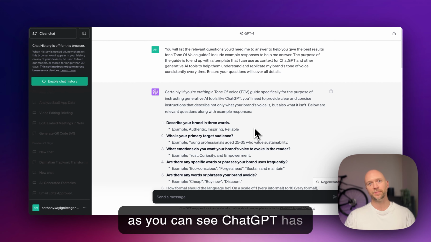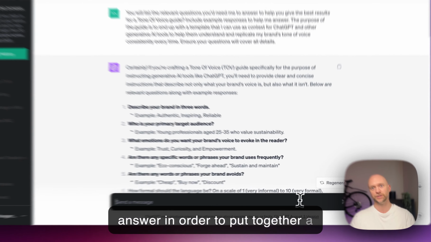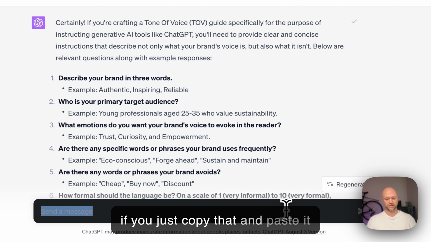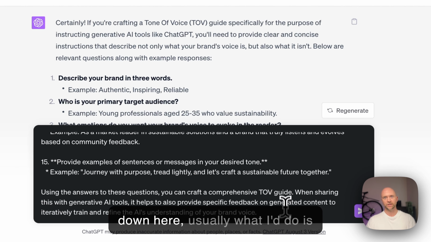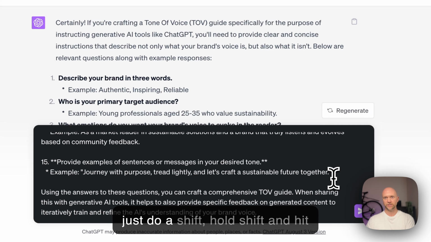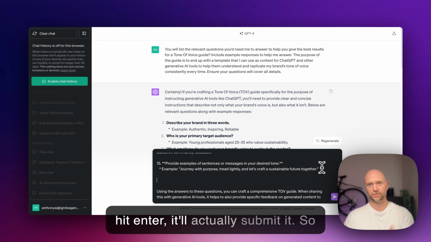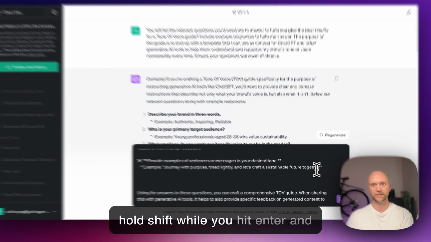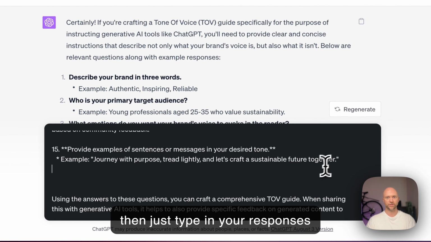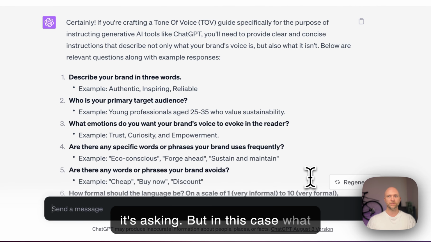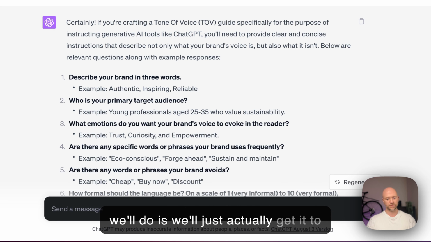So as you can see, ChatGPT is finished with listing out all the questions that it wants you to answer in order to put together a tone of voice guide for you. Now if you just copy that and paste it down here, usually what I'd do is hold shift and hit enter to add a couple of lines. If you hit enter, it'll actually submit it. So hold shift while you hit enter and then just type in your responses below each of those questions that it's asking. But in this case, what we'll do is we'll just get it to invent all these answers